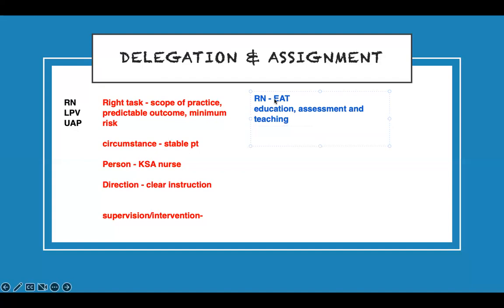Okay, and then what does the LPN do? I call it MMR MOST. That's the way I remember it. So M is the monitor. Okay, they monitor your findings. Okay, that's all they do. They can monitor your findings,